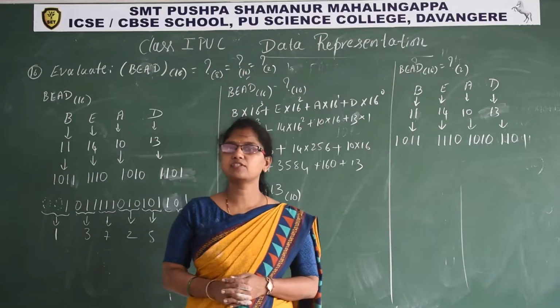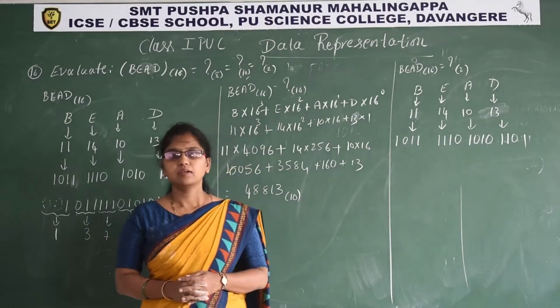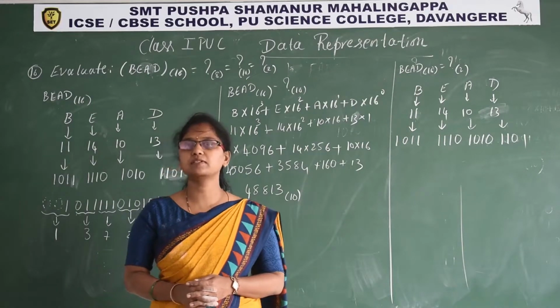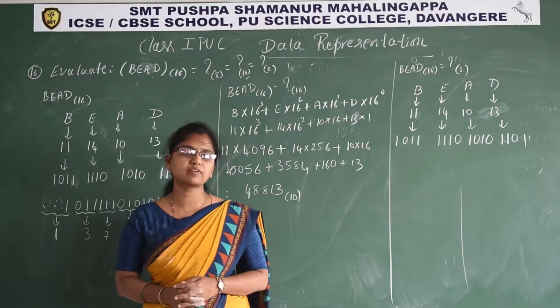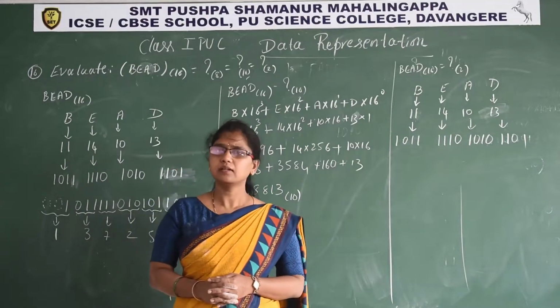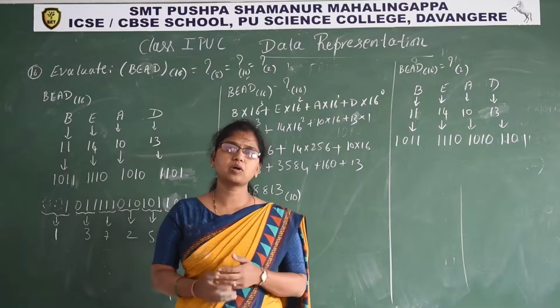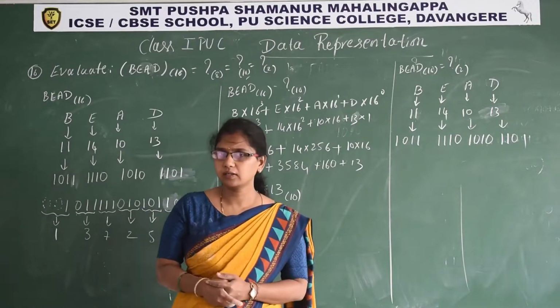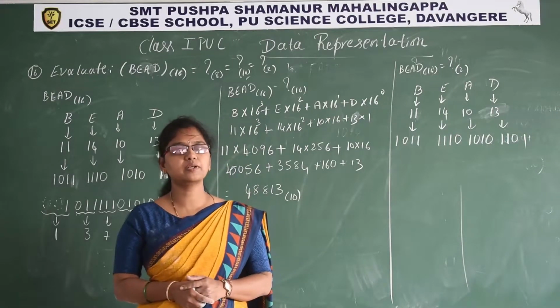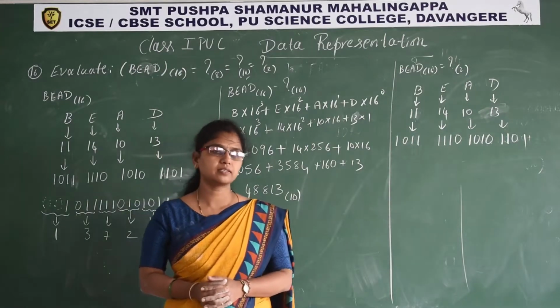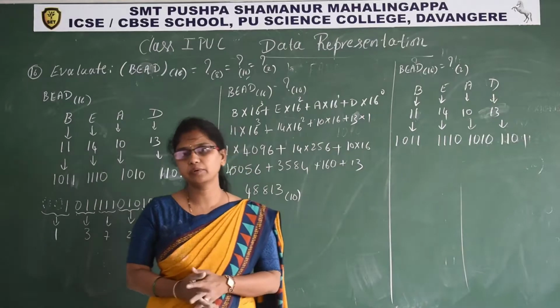Then other number systems to decimal. From which number system we are converting, we take the base of that number system and multiply each digit of the given number. Then other to other number systems: octal to binary, binary to octal, octal to hexadecimal, hexadecimal to octal, binary to hexadecimal, and hexadecimal to binary. So this is about the conversions.